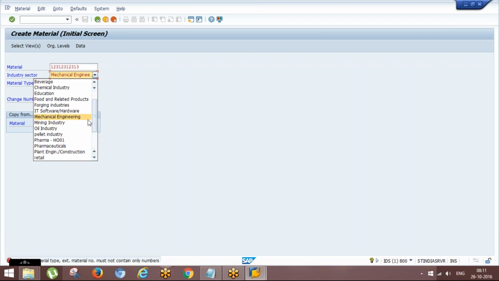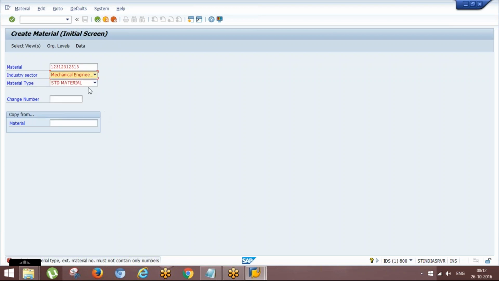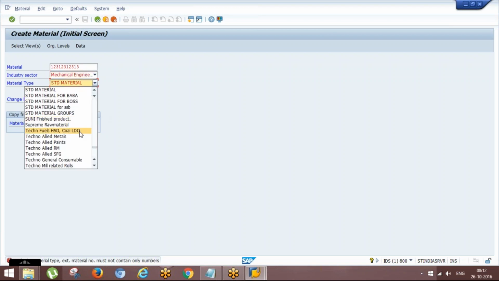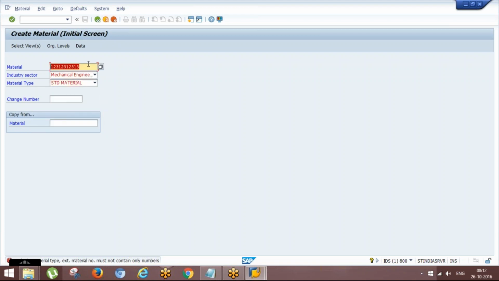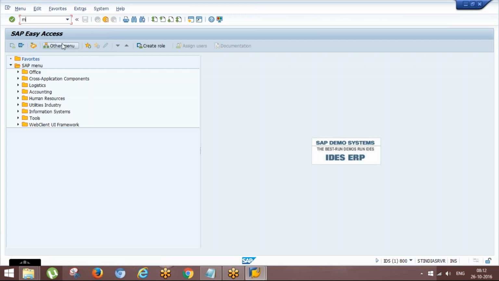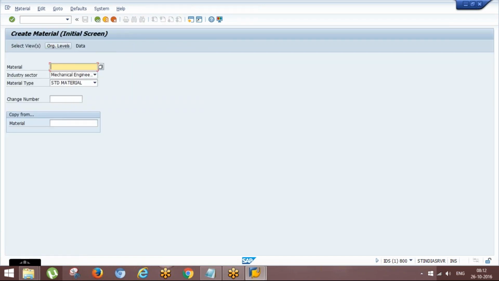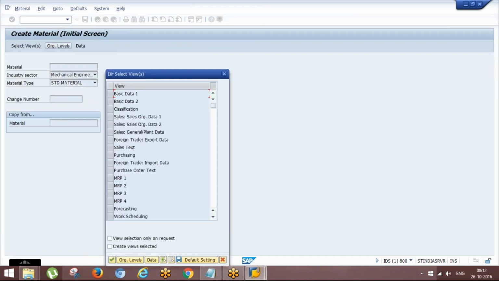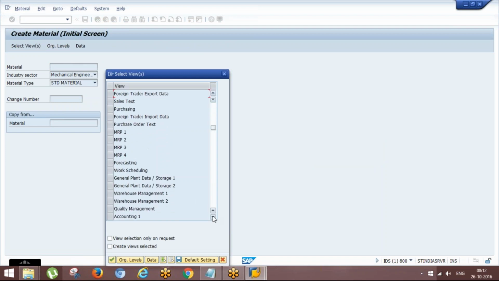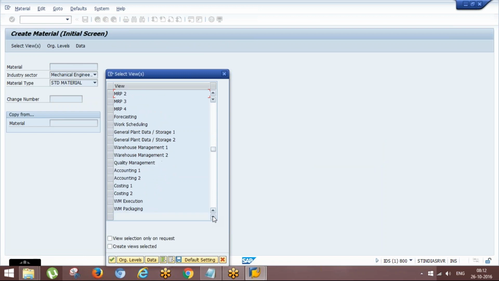Material type, I think. So just remove your material number. Can you scroll down for me? See, you're getting those views here.